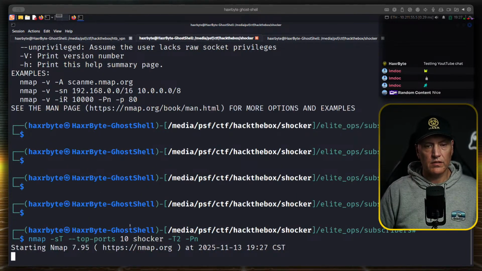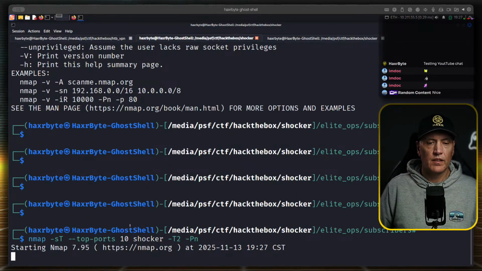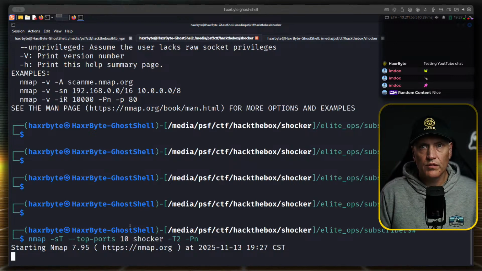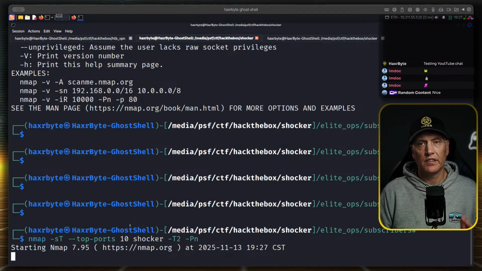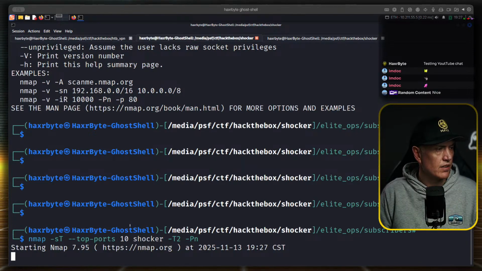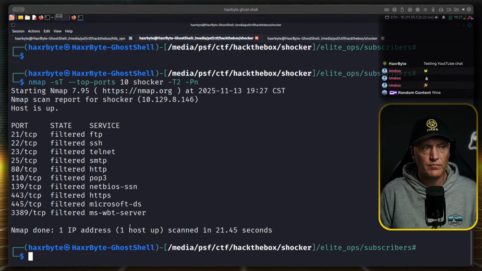Let's see what this does. -T2 means it will scan slower. You get T1, T2, T3, T4, T5 is the fastest. Default is T3, so I'm scanning a little slower than the default. Okay, so everything is filtered. I think this box might be broken.